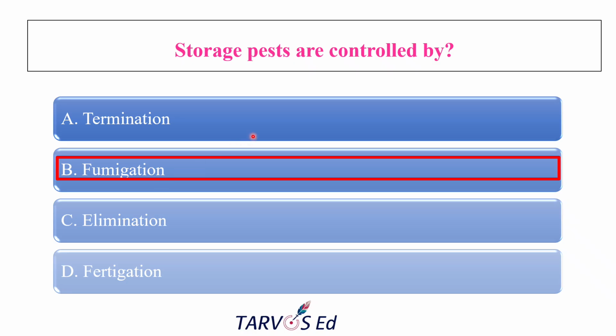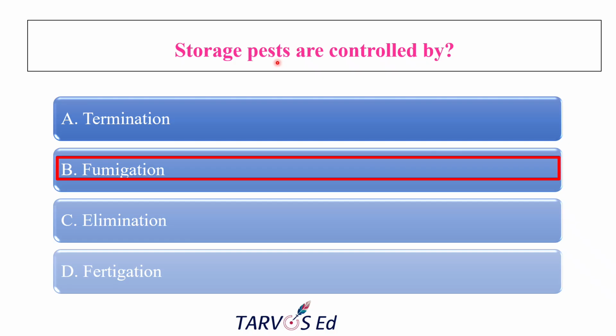For example, storage pests like rice weevil, that is Sitophilus oryzae, red flour beetle, that is Tribolium castaneum, khapra beetle, that is Trogoderma granarium and all, which usually live inside the stored grains. So contact insecticides cannot reach them, right? Basically they live inside. So we should go for fumigants. Then only it will